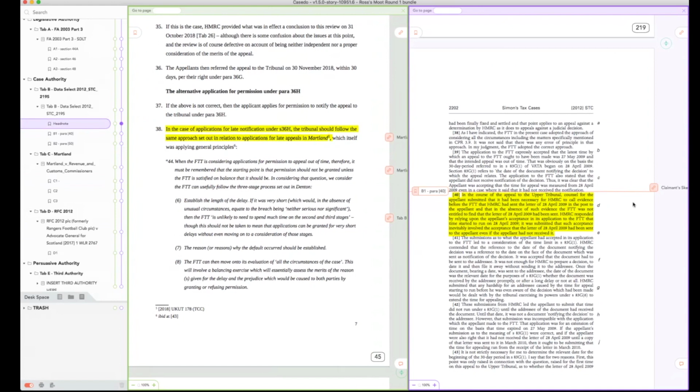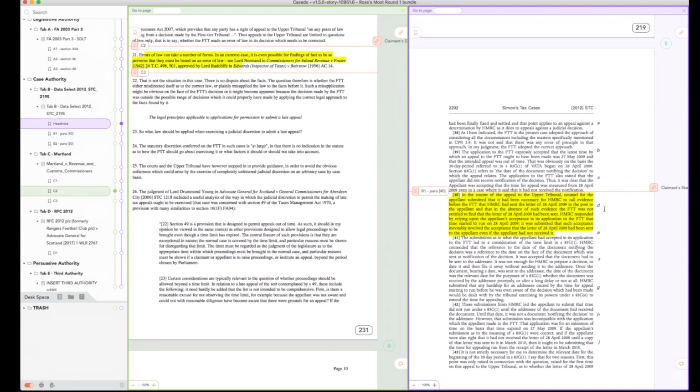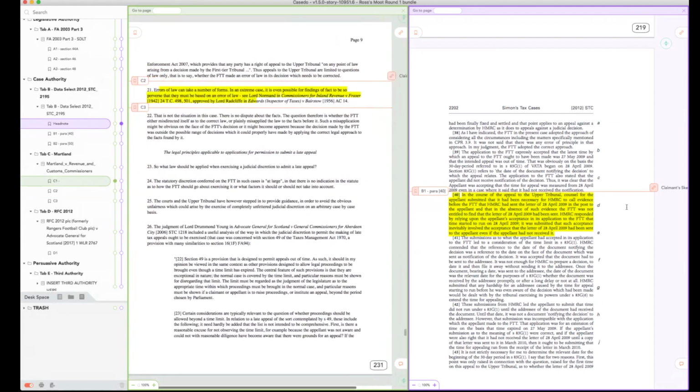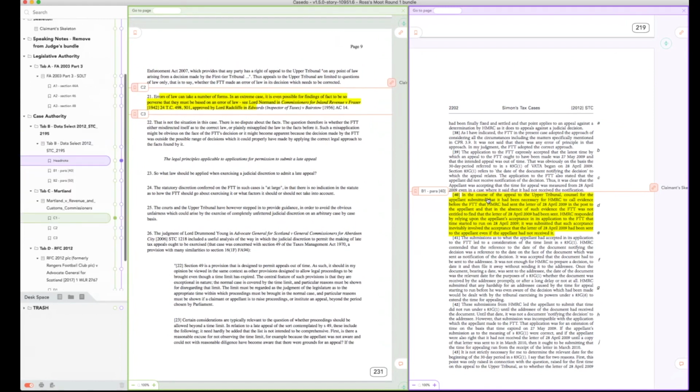I imagine in the moots you're doing, the tabs here are going to be your primary method of referring a judge to something, because you're not going to have too many of them. They're going to be able to see them down the side of the page here, and you'll simply be able to say if you go to tab C2, they'll be able to jump straight to that. So that's probably your primary method, but the links are also quite useful sometimes.